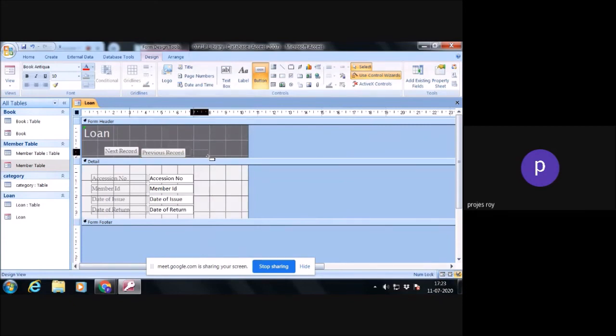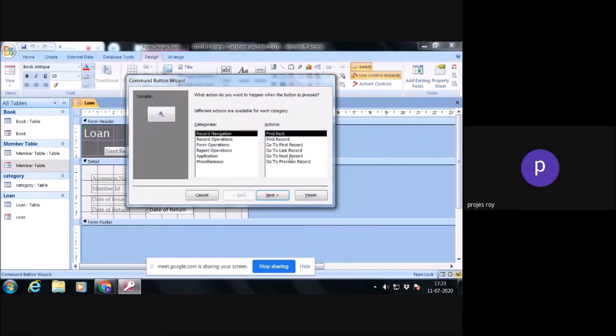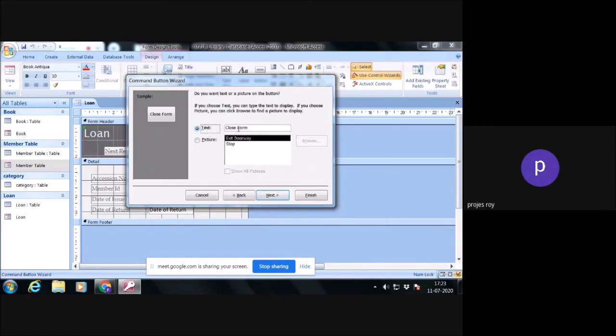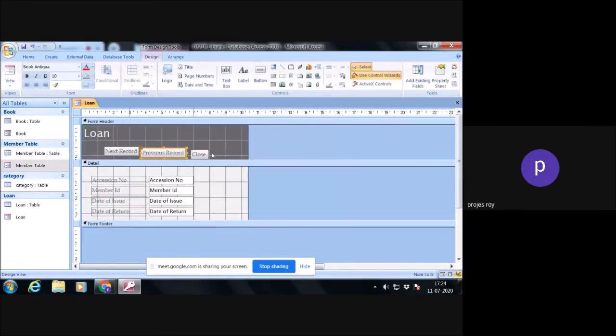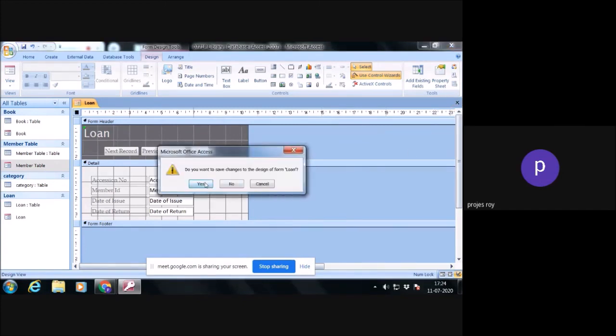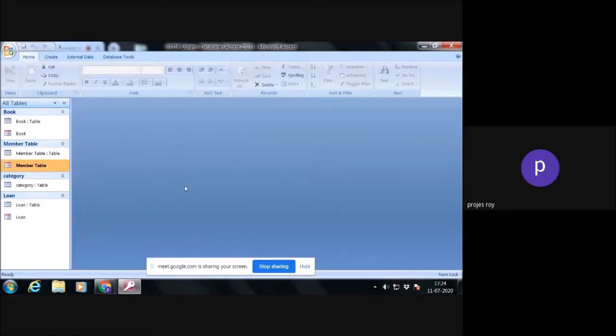You just put over here, you can keep the close form operation. That will close this one. So it will be sufficient for that. So you have 3 button bars over here. As you require, you can create more buttons on that. So this has been done. So your 3 forms have been done.